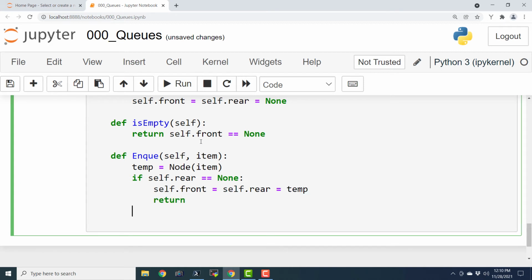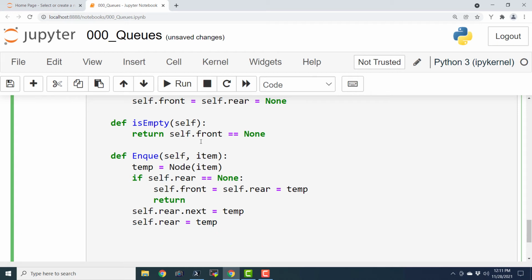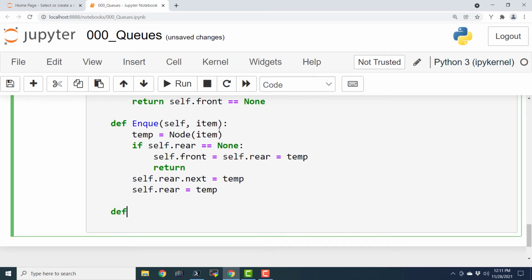Return, and finally we are going to say self.rear.next equals temp, and self.rear equals temp.